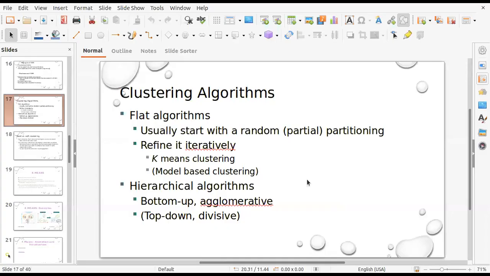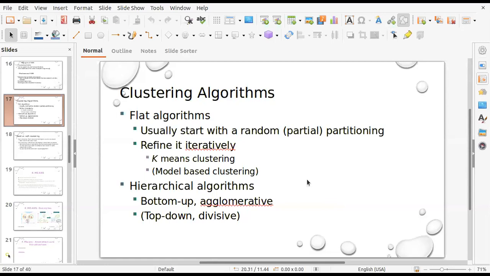I hope this is clear. If you have any doubts, you can put them in the chat box. Okay, let me share this presentation. Now we are talking about clustering algorithms. Is the slide visible? Yes, sir. I cannot run it because if I run it, then nothing will be visible, as we have seen. Yes, it is visible, sir.